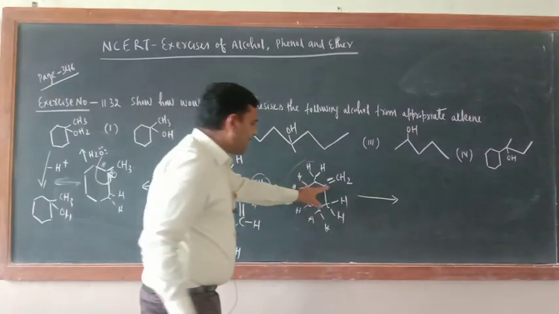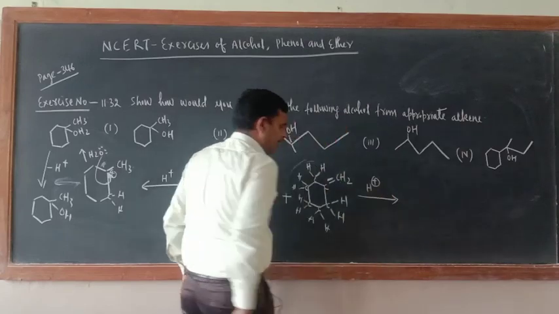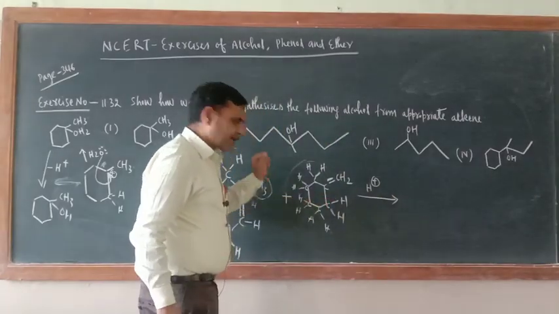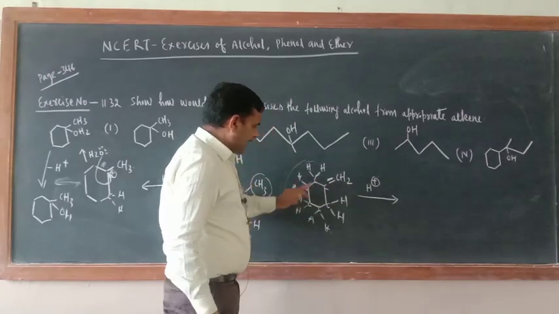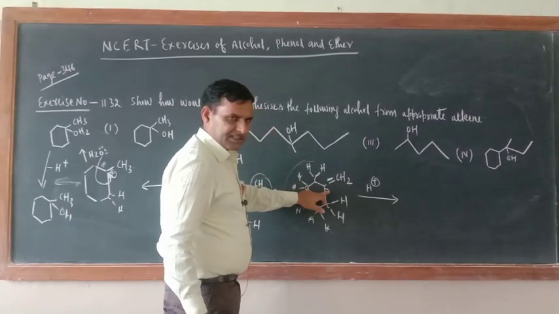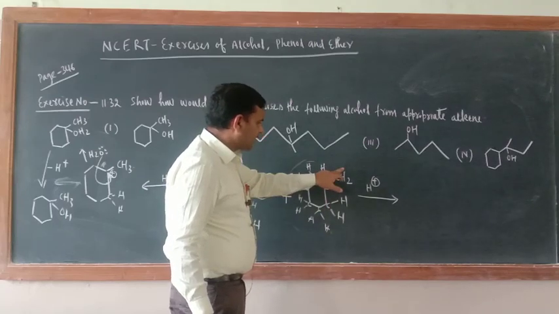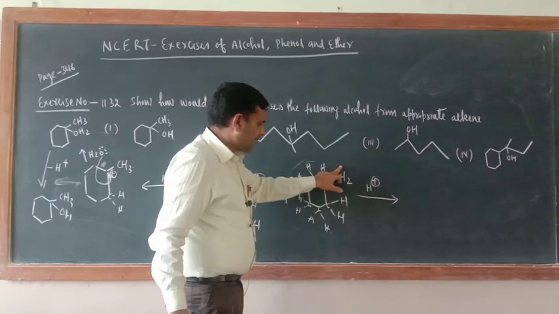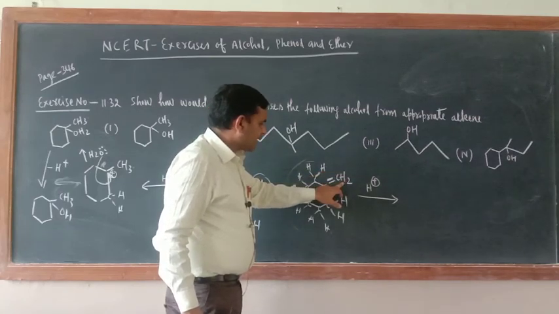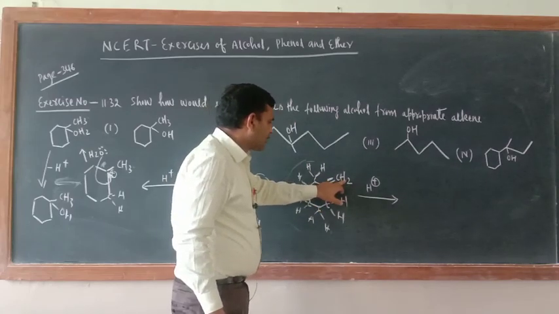Now you can add here also. Suppose a proton is added, okay? Addition of proton in this alkene case also. Just see, if H positive is added, where should it be added? There are 2 sites. If it is added here, then the positive sign will come on this one, and a 1 degree carbocation will be generated. If it is added here, then a 2 degree carbocation will be generated. So where should it be added? It should be added here.